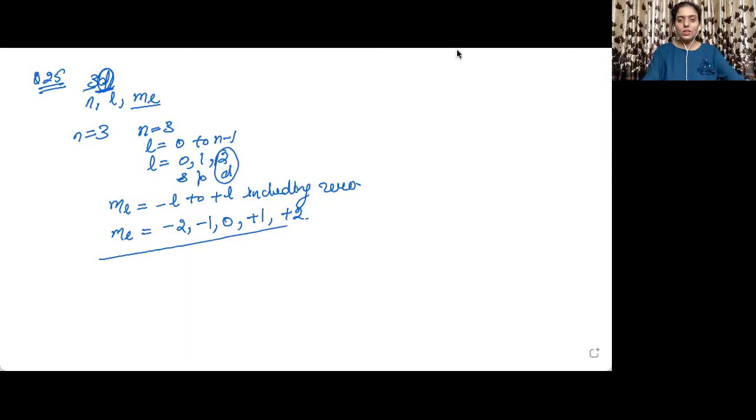So just do a lot of practice, keep writing the electronic configurations of various elements. It is all about practicing. If you feel that you were not able to do these questions and not able to understand them, you need to have a deep understanding of electronic configurations. Only then will you be able to solve these kinds of questions. So do the electronic configuration first.